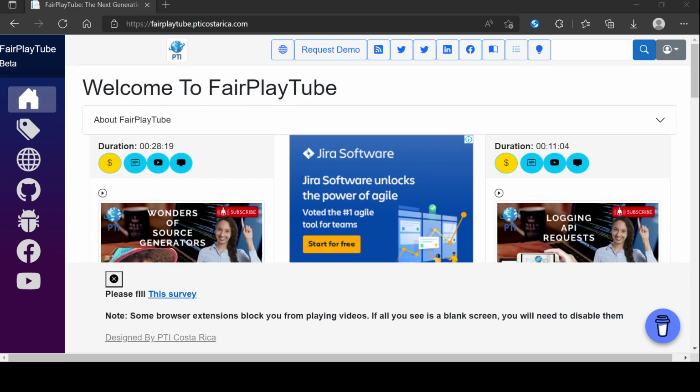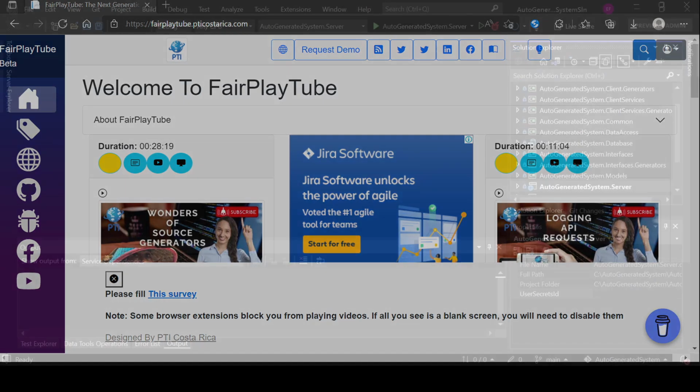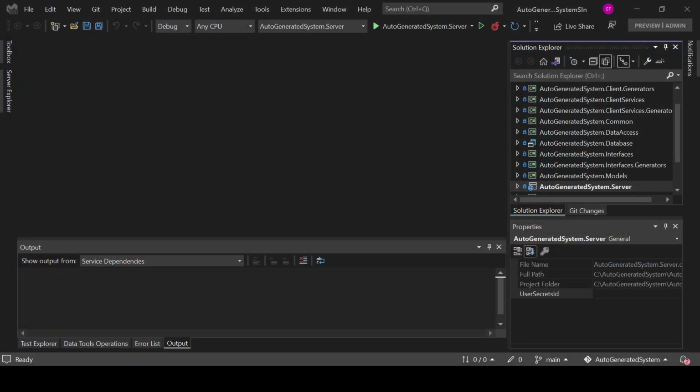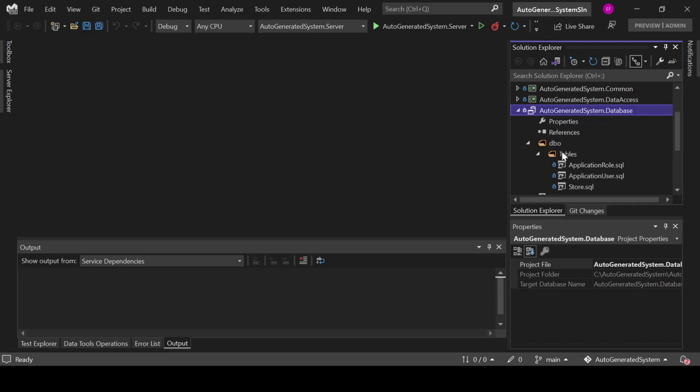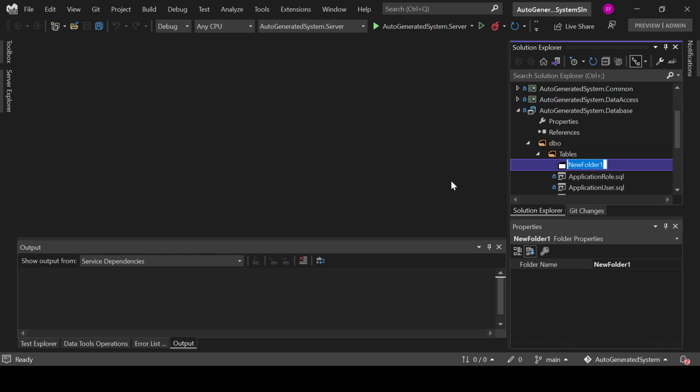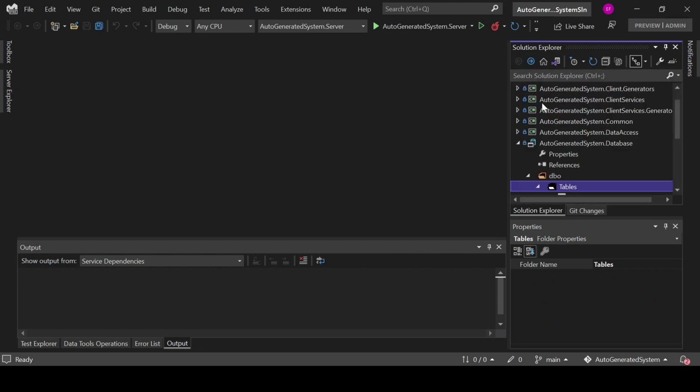Let's go to Visual Studio. So you can see here is my Visual Studio, and the first thing that I am going to do is create the database objects. In this case, I want to create a CRUD for company, right? So, if I click the table here, add table, okay,